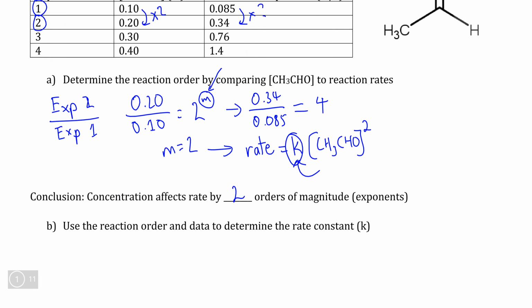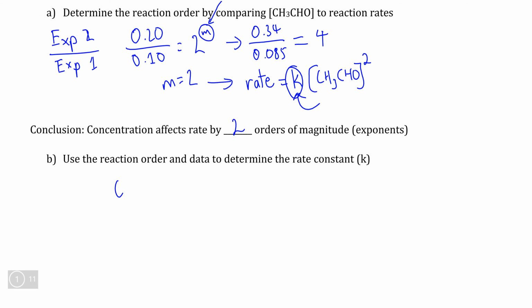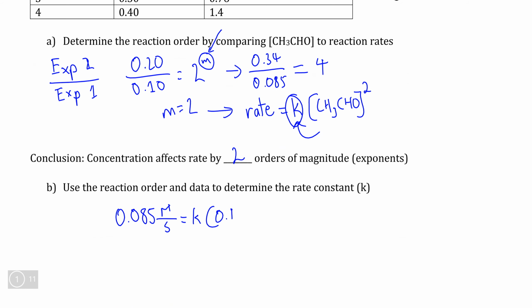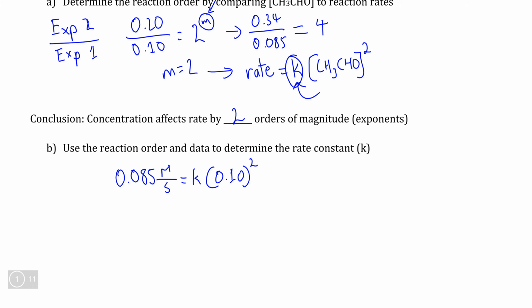So if we were to take the data from experiment 1, we would say that our rate is 0.085 moles per liter per second is equal to K times our concentration of ethanol, which in this case is 0.10 moles per liter. And now that we have our order of magnitude here, we can put this exponent in, and algebraically, if we isolate K, this would mean that we would have